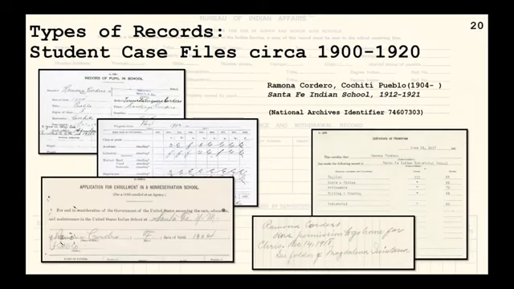So now at the turn of the century, you start to see more records saved. Medical records, applications for the non-reservation schools, outing forms where the students went and how they were, correspondence, detailed grades, promotion records, financial records start to appear, usually in regards to travel to and from the school. And that's the topic of the handwritten note down at the bottom of this slide, where Ramona was given permission in 1918 to go home for Christmas.